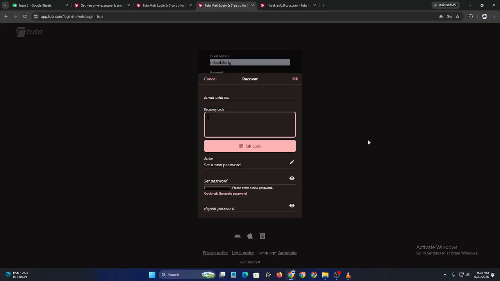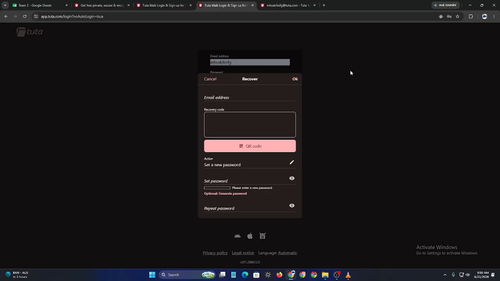Another important step is to verify that you're entering your recovery code exactly as provided. Recovery codes are case sensitive and must be entered accurately to work properly. If you're using a web browser, clear your browser cache and cookies before attempting the password reset again. Corrupted browser data can occasionally interfere with account recovery pages. Once you successfully regain access to your account, update your recovery information and store your recovery code securely to avoid